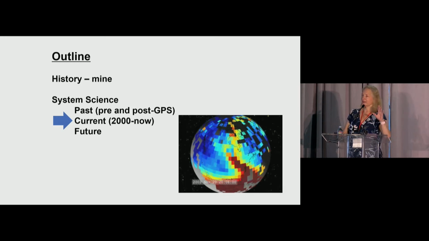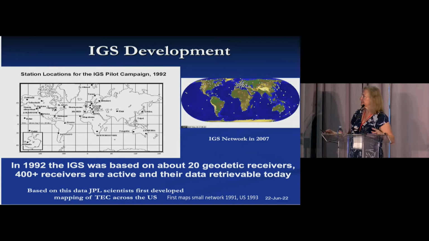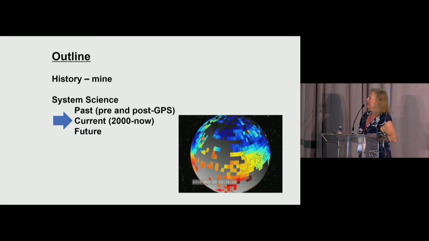When they started with IGS, they had only 20 stations worldwide, and they're now around 400 or 500. But even with those very few stations, they were able to produce a map of TEC over the U.S. back in 1993. Now, the problem was they were doing a lot of averaging, so they didn't have data from a lot of stations. They used models where they didn't have data. And that's the one thing we did differently, is that we only used data, but by the time we started doing it, there were more receivers, and we were using more than just the IGS receivers.